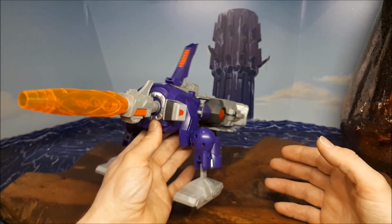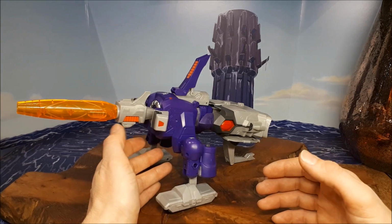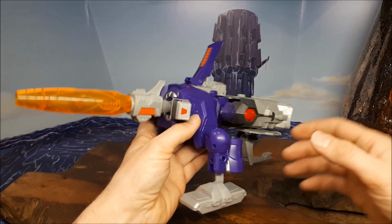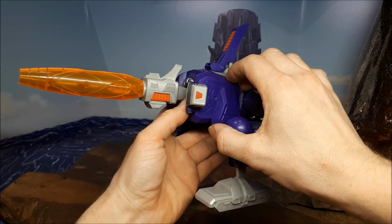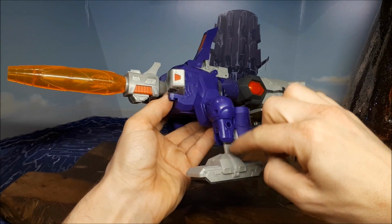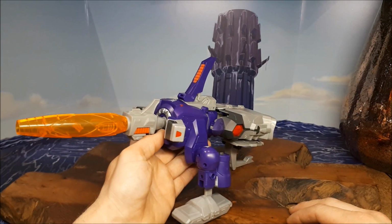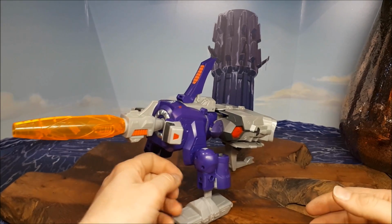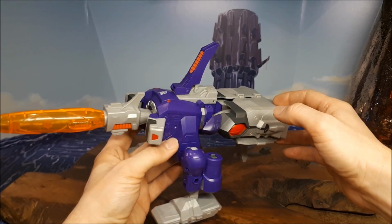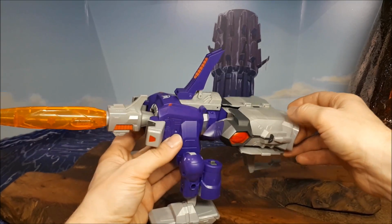This is, obviously, Cannon mode, and it really does look like the Titans Return Cannon mode. If they could have just improved it slightly, this would have been a pretty good Cannon mode for me. If maybe these sections here could have slid up like that, and these little bits here could have slid into there, getting rid of this horrible little bit here, it would have definitely improved it. But then again, that would have cost extra money to redo the figure, I suppose, and they were trying to keep it as cost effective as possible, probably, and it was probably a lot easier just completely copying the Titans Return Galvatron